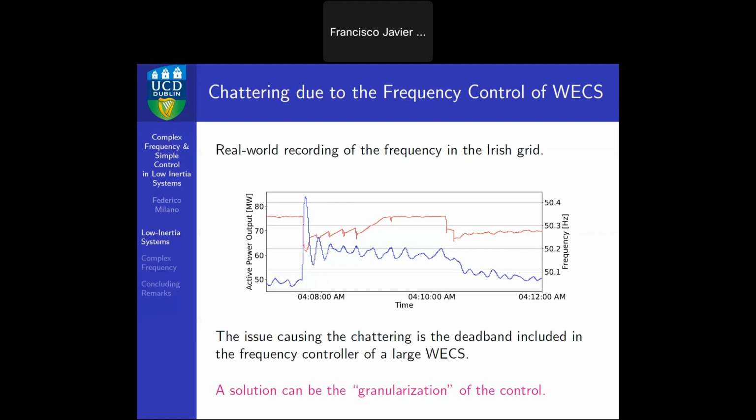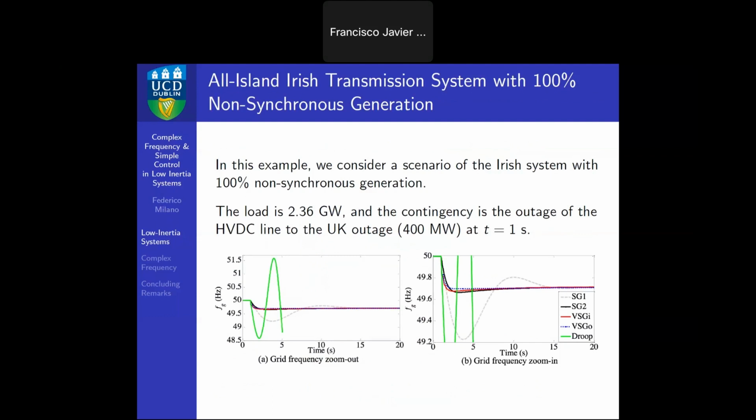I think the solution is to granularize the control, so maybe some power plants doing it, depending on the severity of the contingency. But you see, you enter into problems that didn't exist in the past. So the solution, that we do control with non-synchronous generation, becomes a new problem. And I cannot imagine what would happen if the control was very, very fast and interacting with dynamics that we don't even know are there, right? Because they never interacted. This is a simulation, okay? I'm not saying that the IEEE system is unstable, okay? I'm really not,